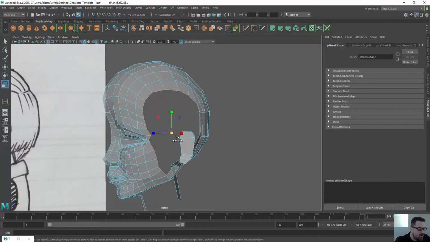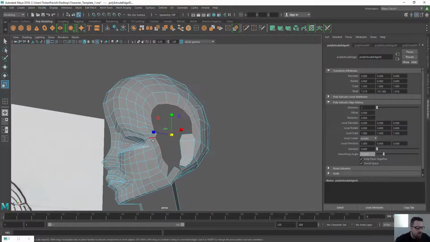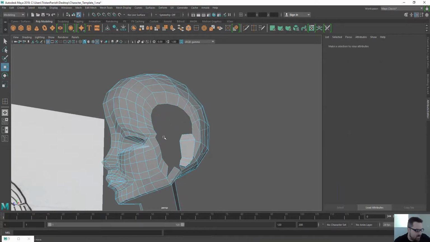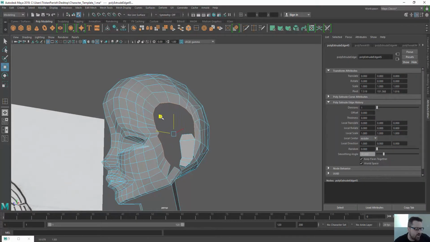I need to start bridging this stuff together. So I'm going to hold down the shift key with the scale tool. I'm going to extrude all of these. So anyway, the point that I'm making is that there's a